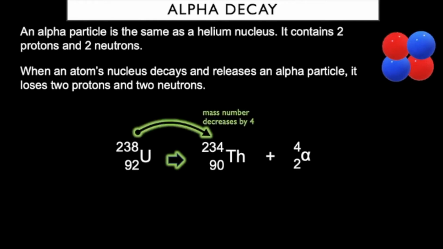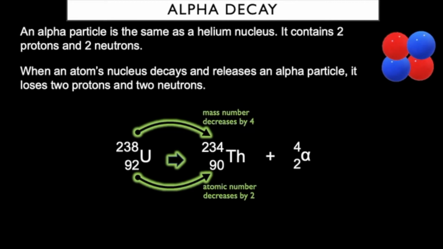So the mass number of the uranium has gone down by 4. It's gone from 238 to 234. And the atomic number has gone down by 2. It's gone from 92 to 90. So what you've got to be able to do is to balance this out,